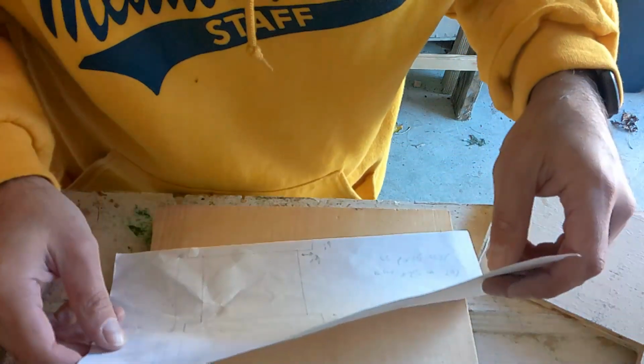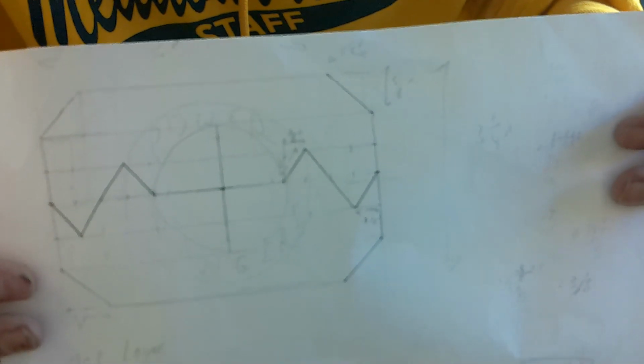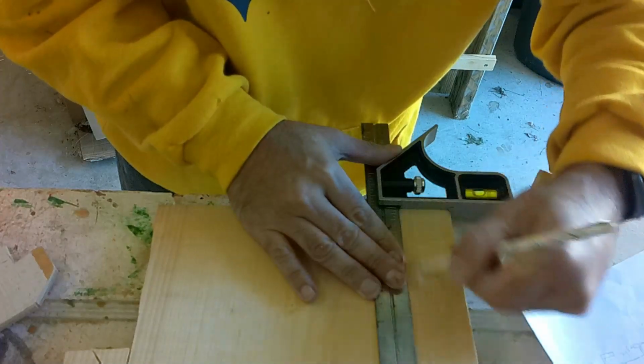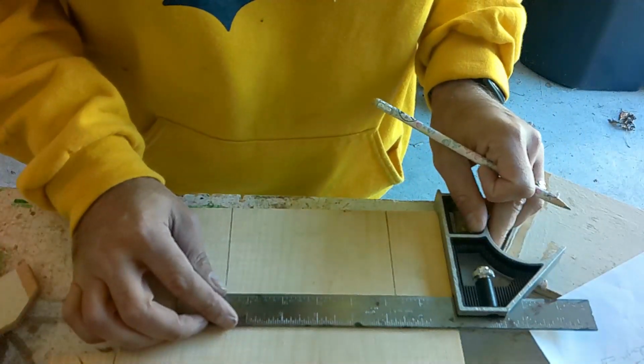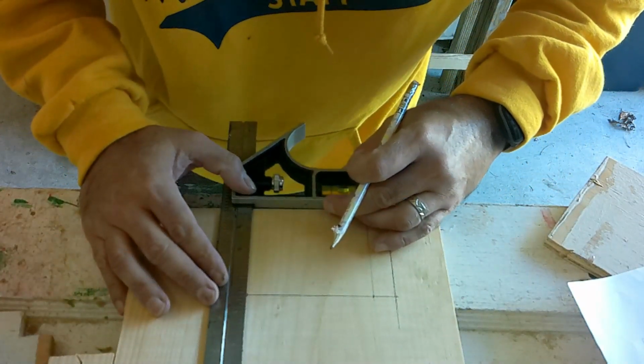So let's get started. Since this Morpher has some moving parts, I had to do a bit more planning, so I diagrammed everything out. That's a diagram of the moving parts. It's 5 inches wide and then 3 1/4 inches tall, and then the hole in the middle is 2 inches in diameter. So I'm going to go ahead and sketch that out here on